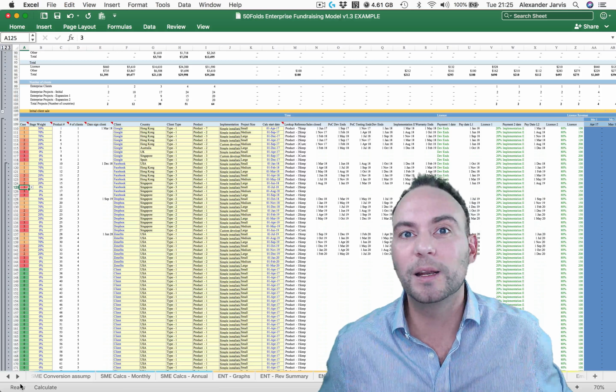And this is the only enterprise model on the internet. So if it's not exactly perfect, well, I can fix it for you, or you can put some time in and fix it yourself. But this is a bloody good place to fundamentally start with it. So there is a very particular logic to it, and it's because it was from a fundraiser that I did. Okay, just FYI. So I'm going to flip-flop between the sheets a little bit because it'll be a bit easier for you to understand than if I just methodically go line by line through this whole thing.